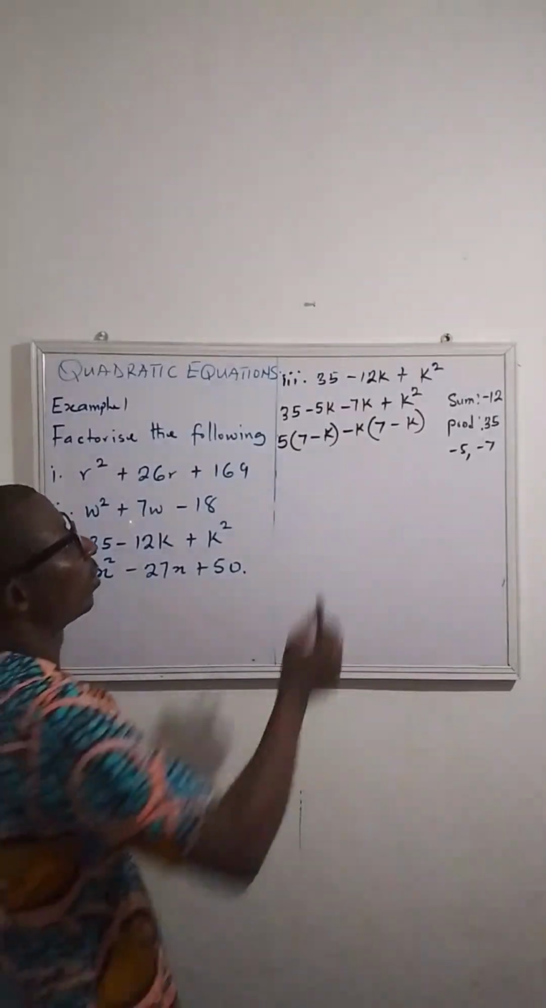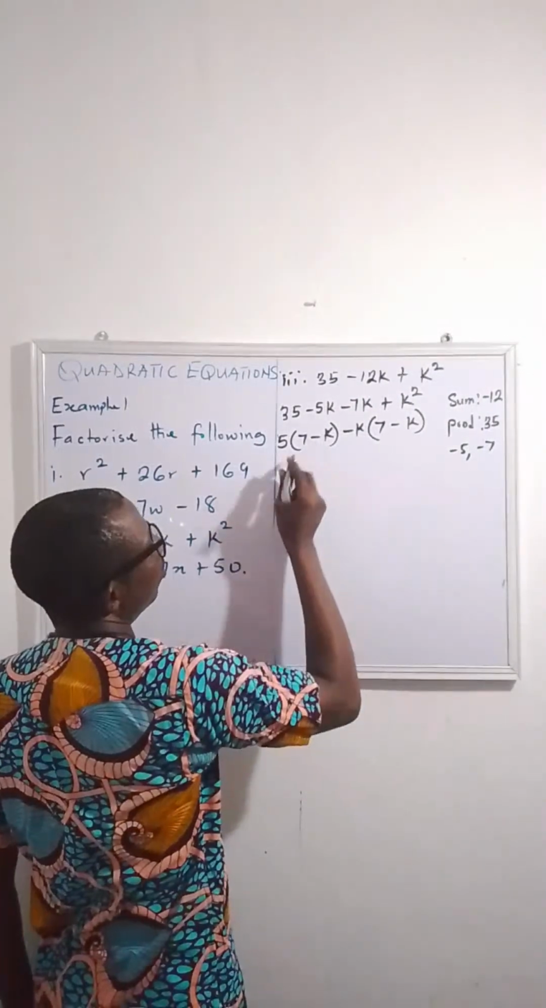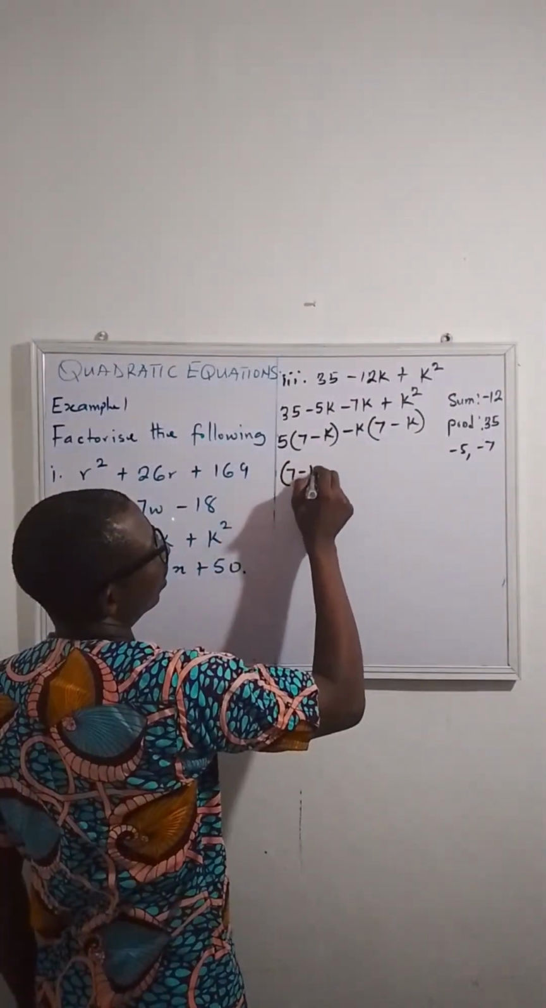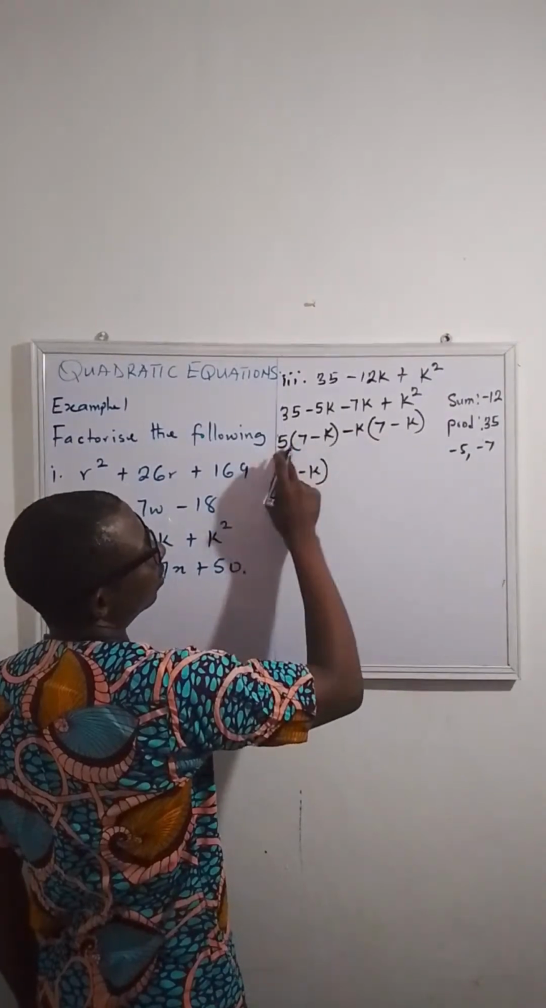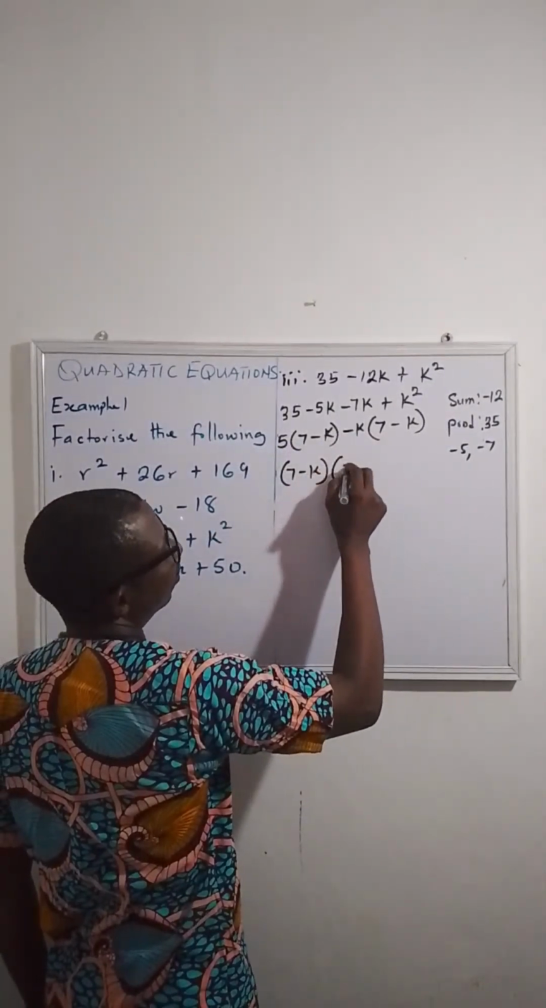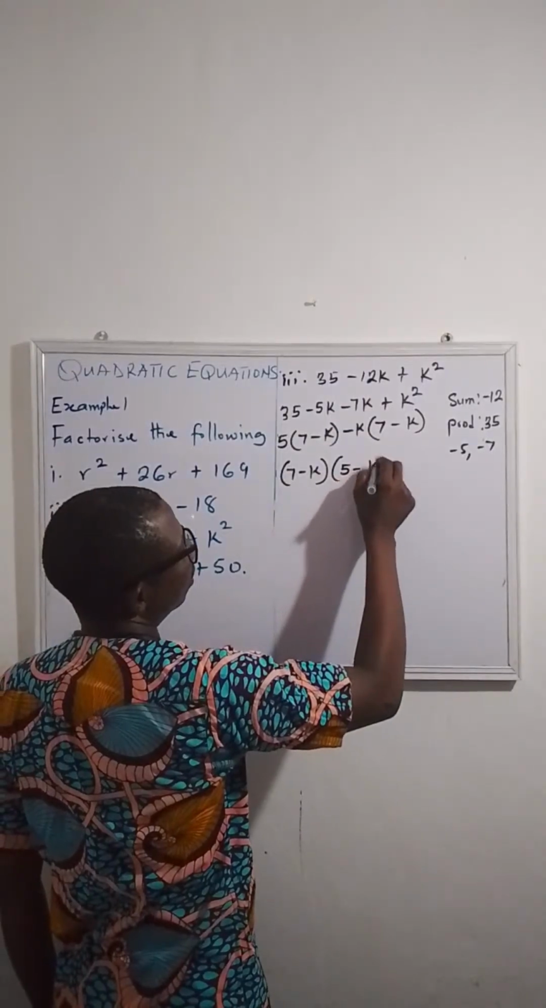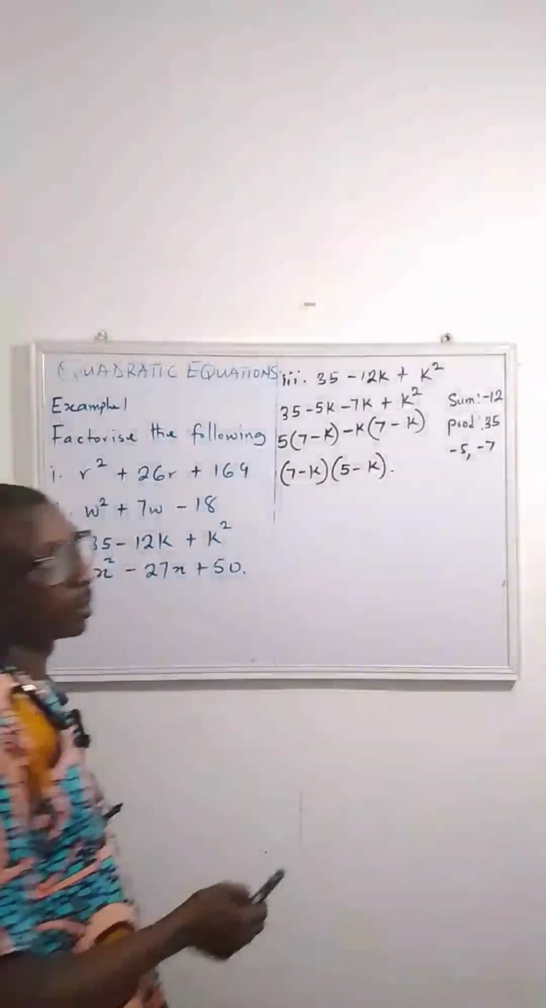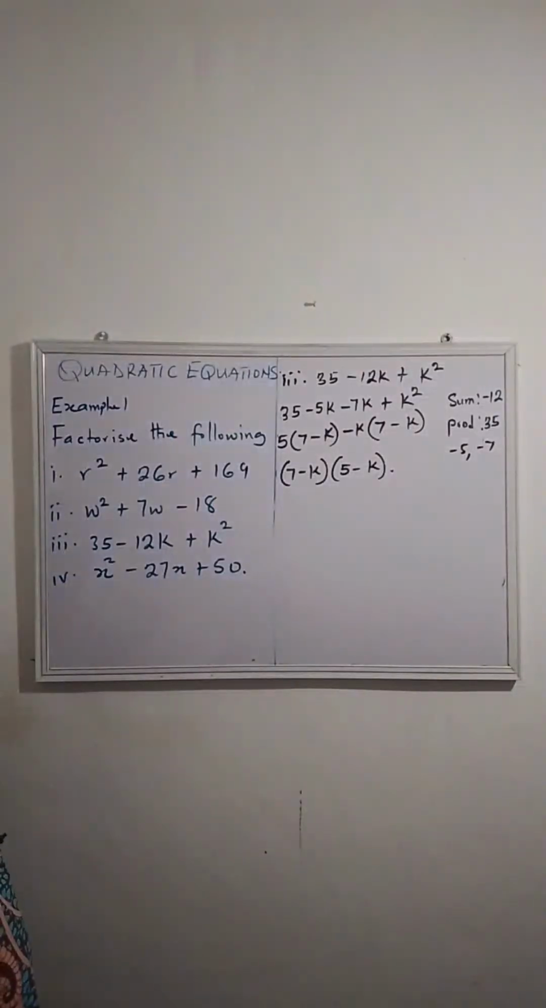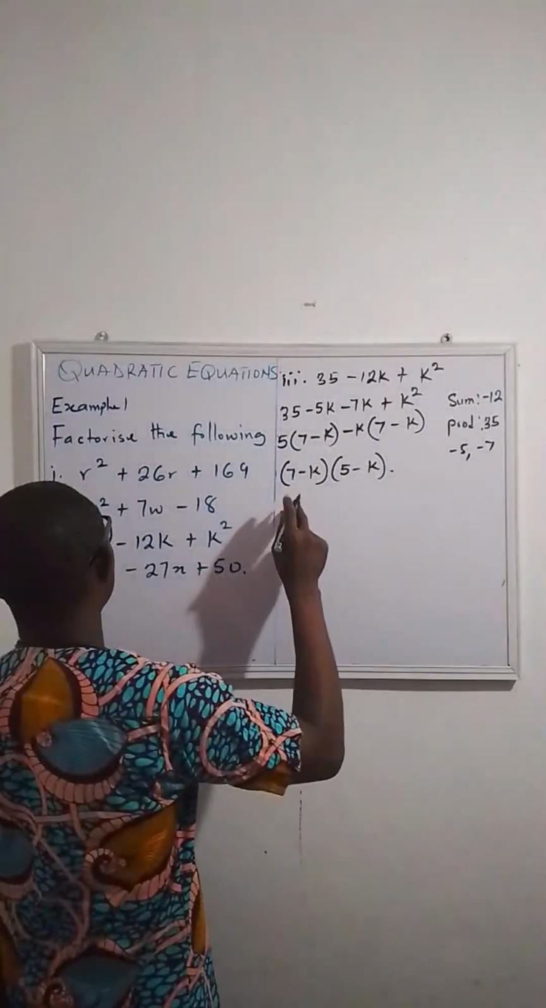Okay, so now what is the common factor? The common factor here is 7 minus k. So, and you are left with this. So we have 5 minus k. So this is going to be the answer to that problem. Okay, can we look at the last one here? All right, so we have